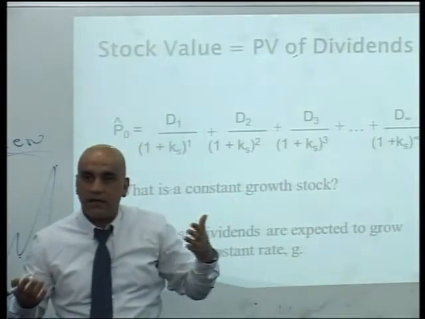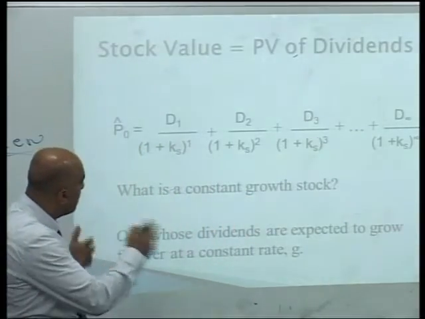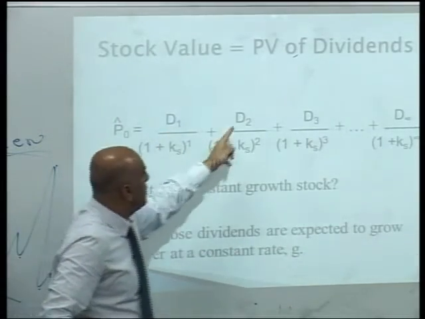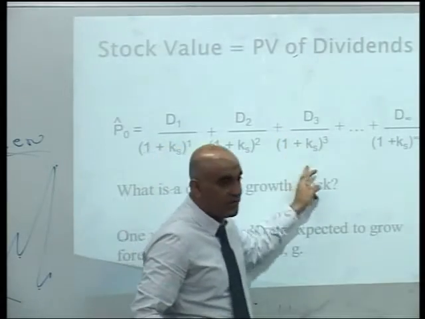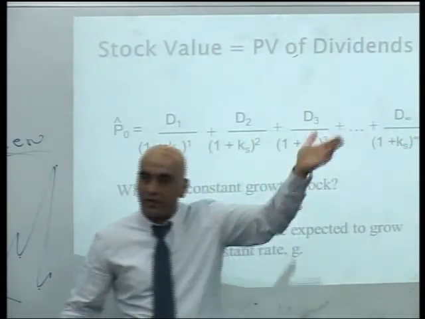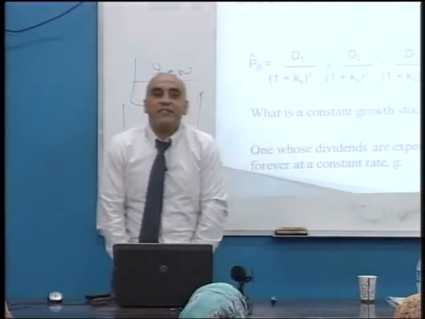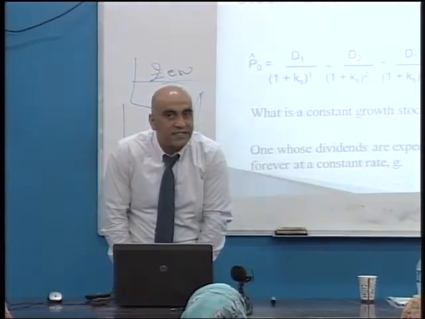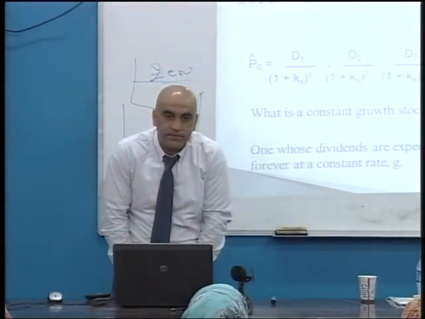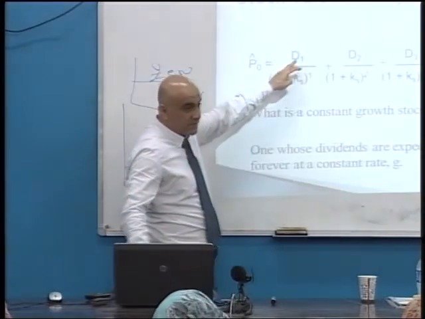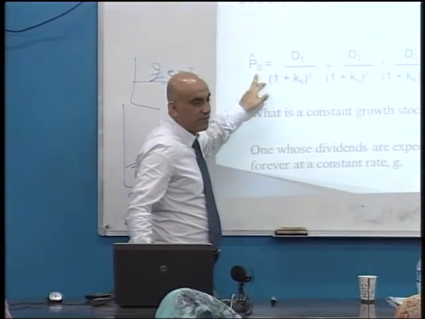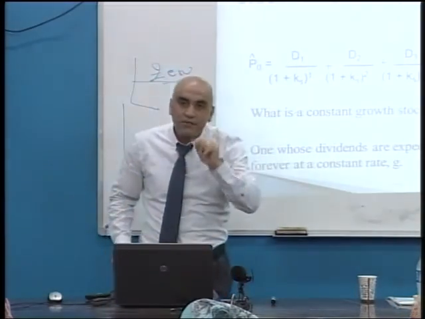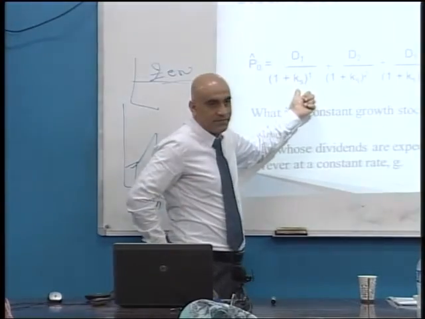So the question is, the cash flow is coming from dividends. And dividends come in different years. So this is dividend 1 at the end of year 1, dividend 2 in year 2, dividend 3 at the end of year 3, and dividend infinity for infinity. So when investors estimate the value of the stocks, they estimate the cash flow of the stocks. So the higher the dividends, the higher the value of the stocks. And relative to this, they compare the value of the stocks with the required rate of return, Ks.